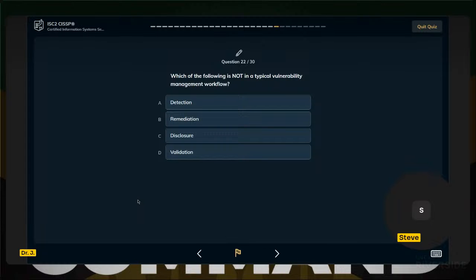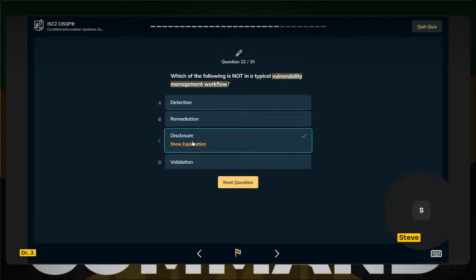I'm thinking it's disclosure, that you wouldn't want to. That's not part of the vulnerability management. Yeah, C, disclose, because that's confidentiality. It's C. You're giving hackers information. You give them the surface threat, surface attacks. Yeah, C is disclosure because